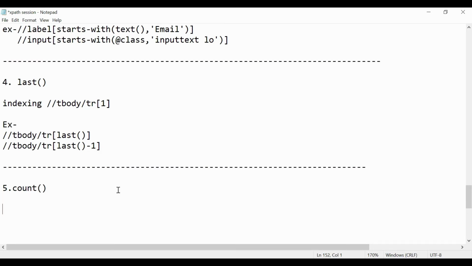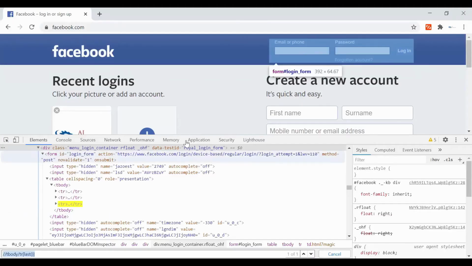What if you want to count the number of children present in this parent, or the number of rows available in some specific table on your web page? In that case you don't know what the count of rows will be at that particular time, or you want to select a particular table with that number of rows only.